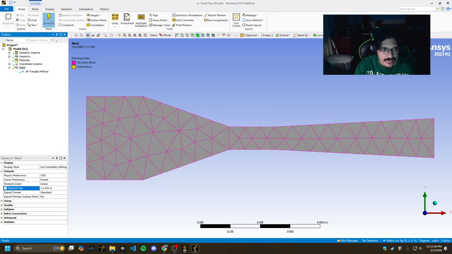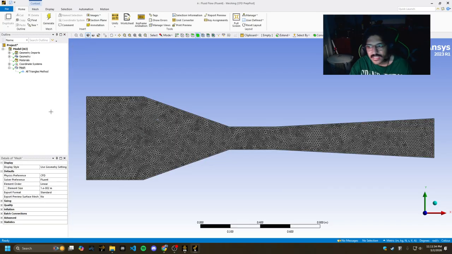And then we are going to generate. And now we have a lot more triangles, which will give us a lot more room to work with in terms of more accurate simulations and data. Next, what we are going to do is